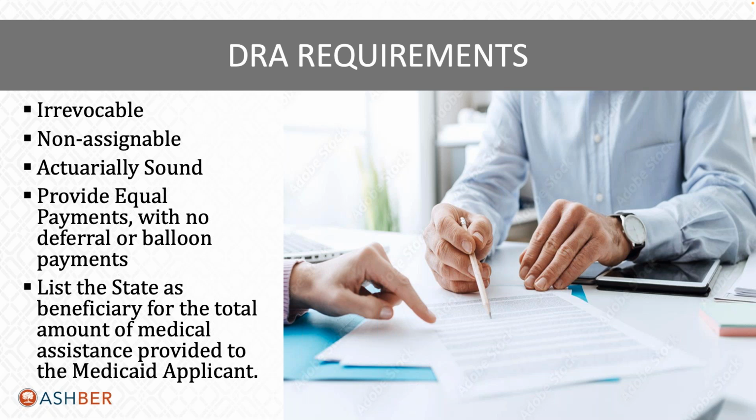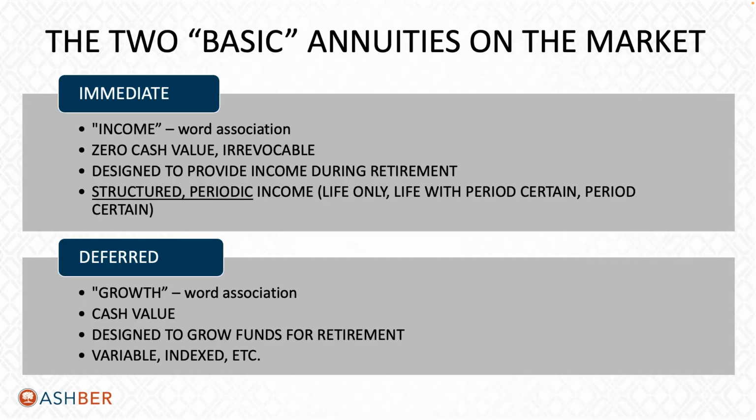requirements like the back of our hand, the 5 DRA requirements: it needs to be irrevocable, non-assignable, actuarially sound, provide equal payments, and list the state as beneficiary. But what I think is even more important to understanding those rules is to also understand how to verify that when reviewing an annuity contract for Medicaid compliance. So the first thing is that